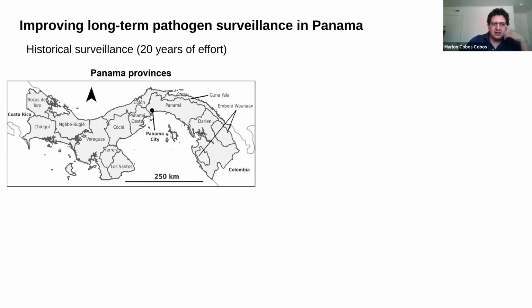And so here, Panama, you know where it is. It's connecting South America and North America. It's a very interesting biogeographic site because it shares biota from both continents, and it's the bridge that connected these two big land masses. And it's interesting from many points of view of biodiversity. But